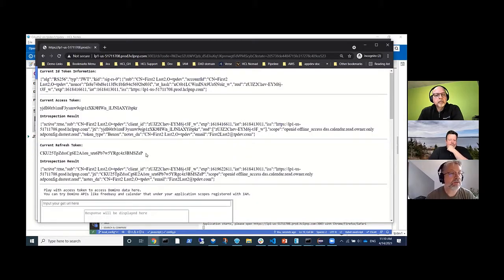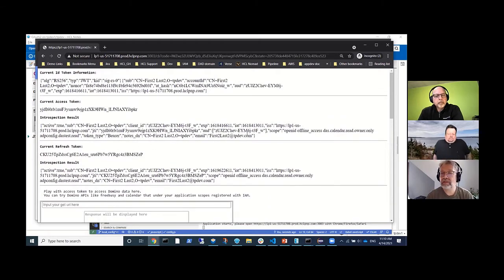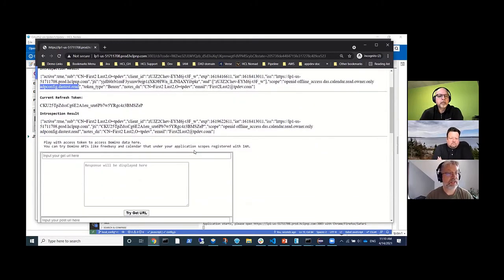And now we should see that the scopes have come through. And as you can see, if you look at the introspection result, yes, there is in fact a scope now called adpconfig.nsf read. And so down here,